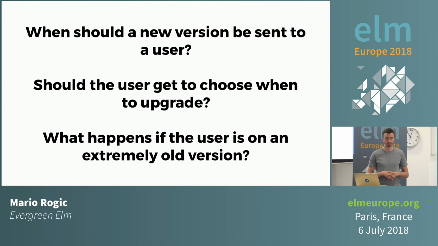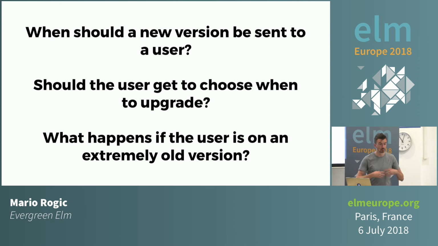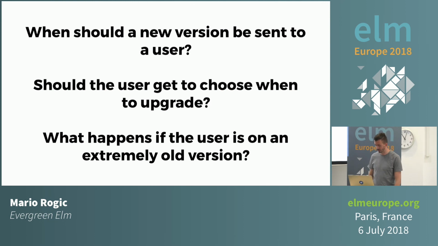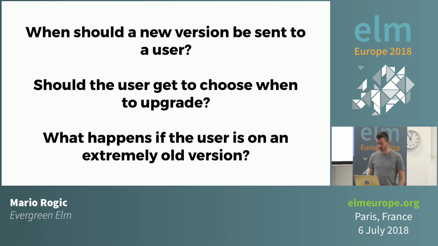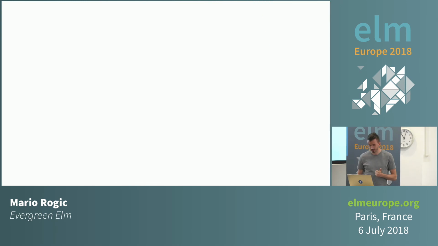Say you were building a wrapped Elm application that you were shipping onto mobile phones, either as a progressive web app or as a wrapped app. What do you do in that scenario? Do you message them? What works best? So they're all really open questions that, like I said, are worth spending a lot of time thinking about in more detail. Okay, so what's next?